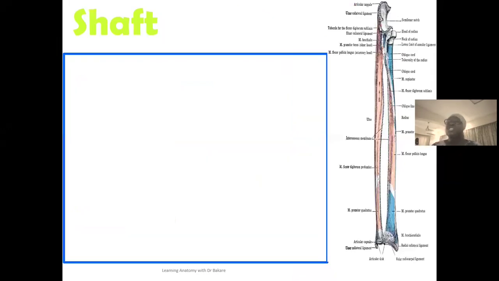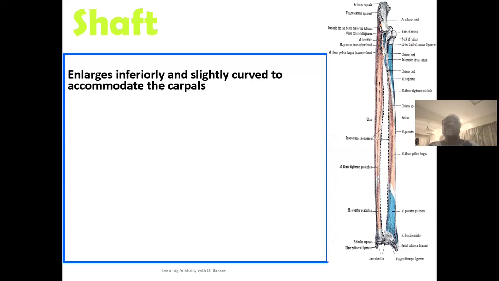Now let's go to the shaft. The shaft is also referred to as the body, and it is seen between the two ends of the radius. The shaft is seen to enlarge and also curve as it descends inferiorly. And this is basically to accommodate the carpals. Don't forget that the inferior region or the distal end of the radius is seen to create the wrist joint. And in creation of this joint, the distal end will be connected to the carpal bones. And for it to be able to